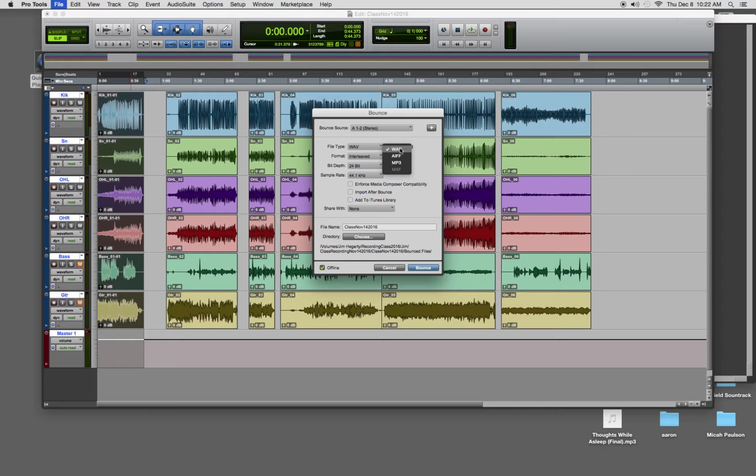So if I want to make a file to put on a CD, I'm going to choose either WAV or AIFF. And then I have a couple of other choices which usually are correct, but sometimes somebody's changed them. So you want to make sure it's interleaved. And if you're going to put this on a CD, you need to make it 16-bit. CDs are 16-bit depth. Everything else can be 24. So if you're going to make it for a CD, you want to make it 16,